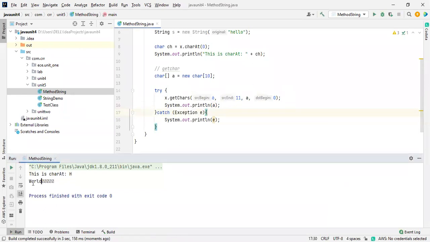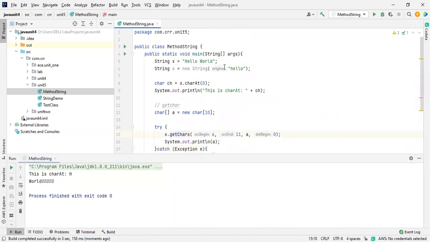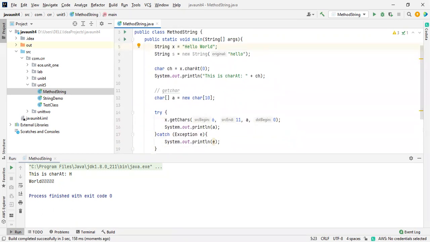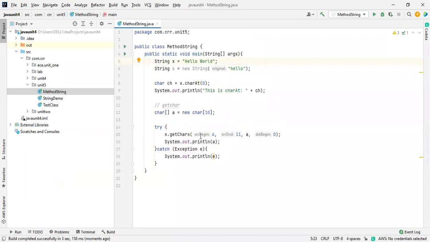Okay, this is the D. I think you got the point of what I'm saying. So this is how we are going to extract the data from a string value. So initially what we did: if any error occurs, the try and catch block will handle it. Okay. So there are two ways to handle that.